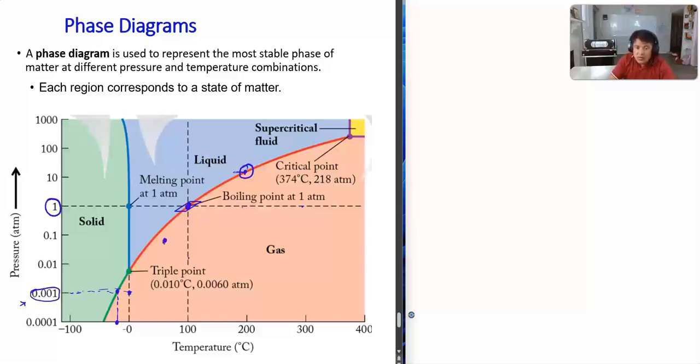At this point, what is the pressure? You decrease the pressure. If you give the pressure more, let's say your pressure is 1000 atmospheres, at 200 degrees centigrade, it will still be liquid. Look at that: if you give lots of pressure, it is still liquid at 200 degrees centigrade. If you decrease the pressure to 1 atmosphere at 100 degrees centigrade, you have gas plus liquid,